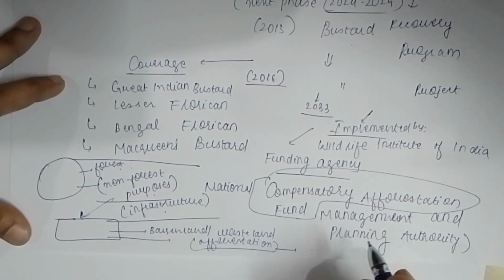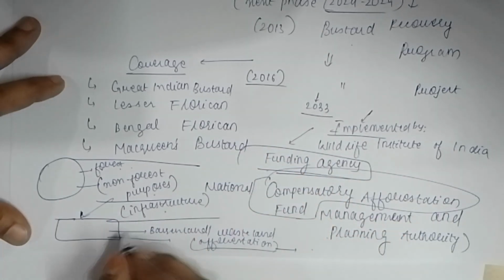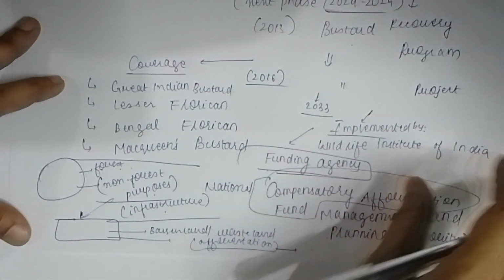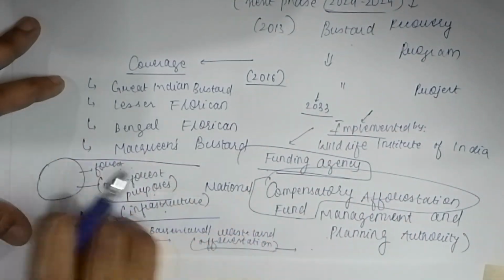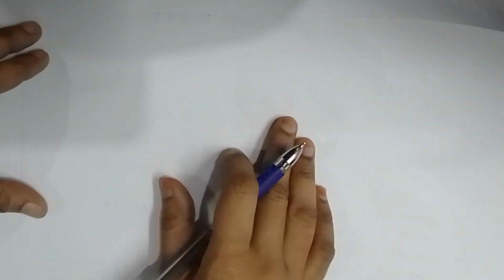So there is a dedicated management and planning authority, and this is the funding agency for this Bustard Recovery Program also. This concept is the compensatory afforestation concept. You are compensating for the lost forest, and for that afforestation you need a dedicated fund, and that fund is the CAMPA fund actually. And with regards to the collaborating agencies,